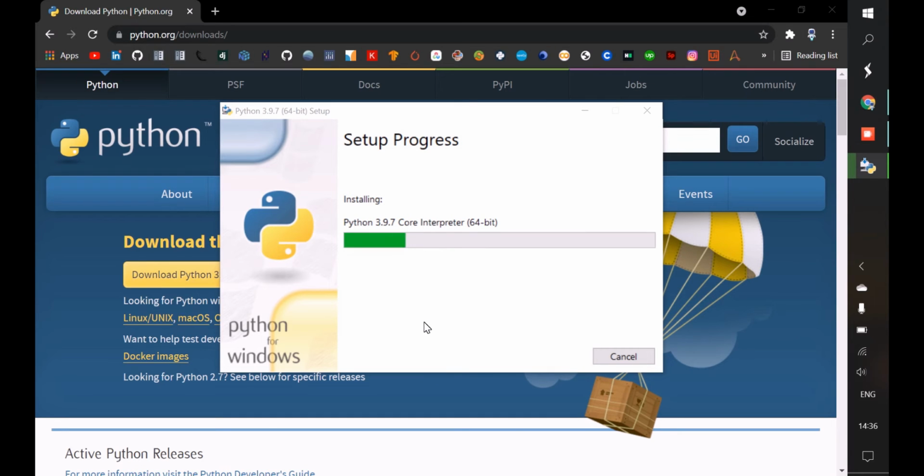Now we have to wait for the installation to be done. It is installing all the standard libraries and built-in code, which will help us to write and run our code.